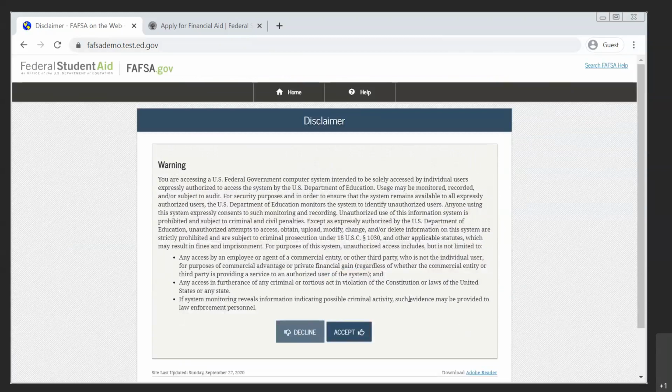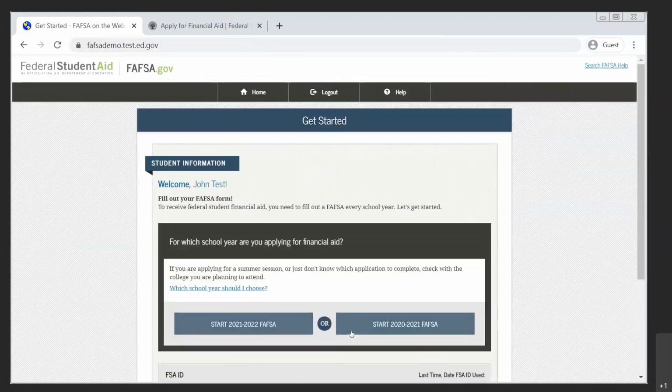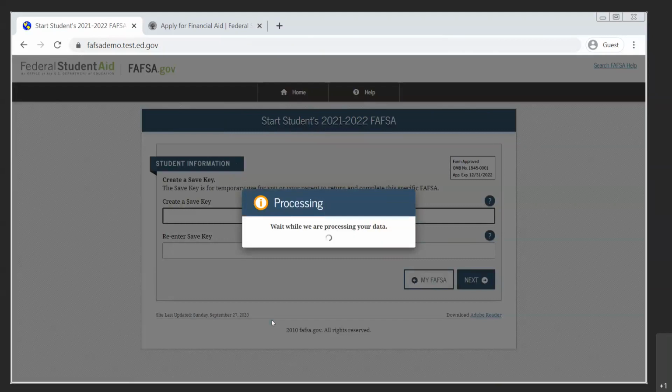We're then brought to the disclaimer page where we're given some information about accepting the terms and conditions of usage of the site. So we're going to read that, and then we're going to accept. And then we're asked to select which school year we are applying for financial aid. Remember, if I'm in high school looking to go to college as a first-time freshman next school year, which is the 2021-2022 school year, then we want to click the appropriate link for that. The 2020-2021 form is going to be available for students who are currently in college who, let's say, forgot to apply for aid. So we're clicking 2021-2022, and then the system is going to ask us to create a save